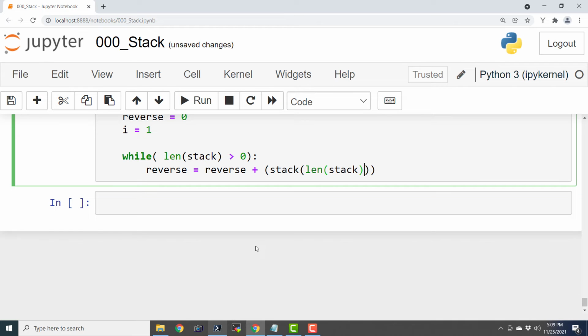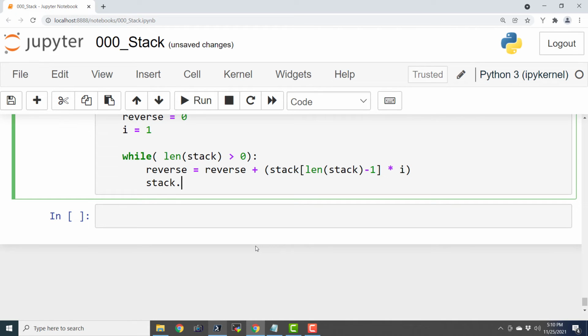So this is the top item. Basically this is the functionality of the peek function, multiplied by i, and